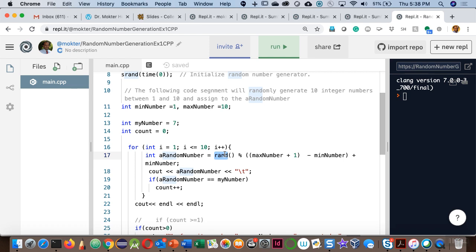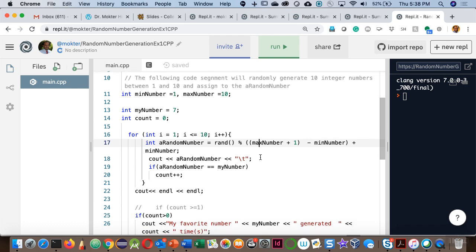This rand method is used to generate a number randomly. You understand how to generate a random number in statistics, right? We guess a number, randomly, that means,